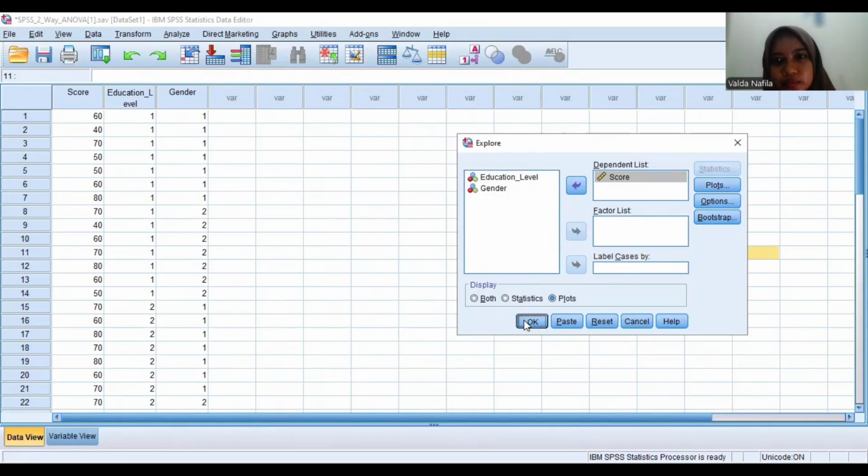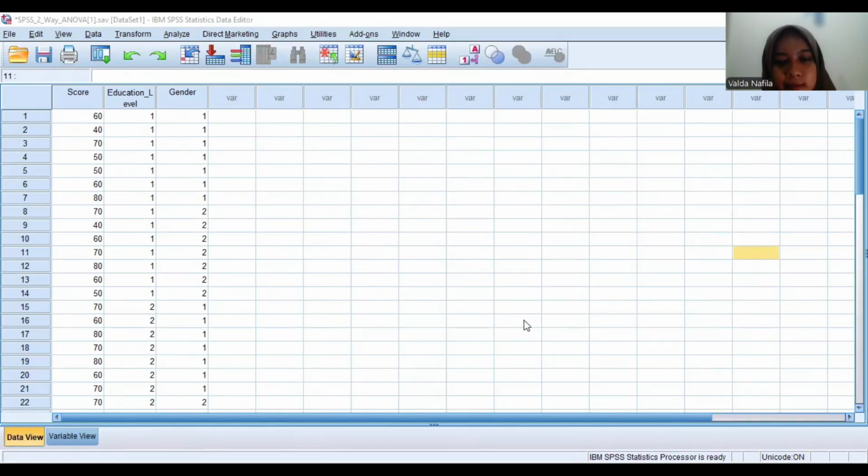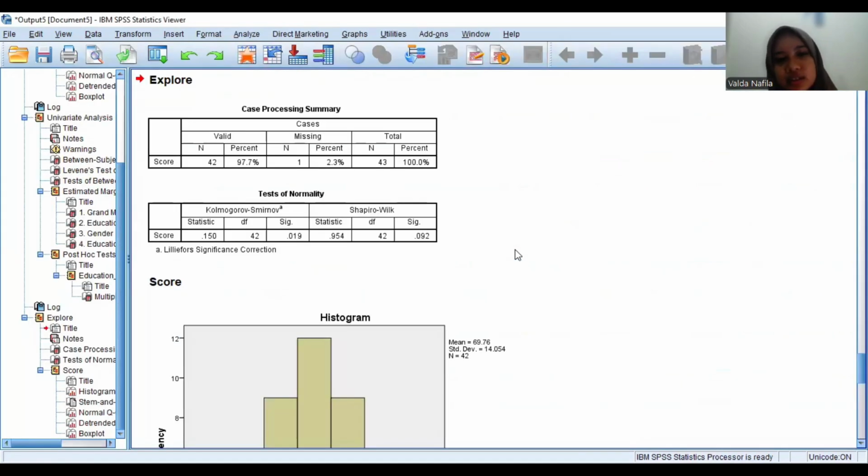Okay, this is the result of the normality test. Here we focus on the Tests of Normality table, and we look at the significance value.